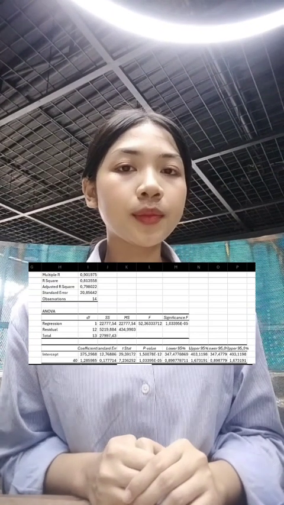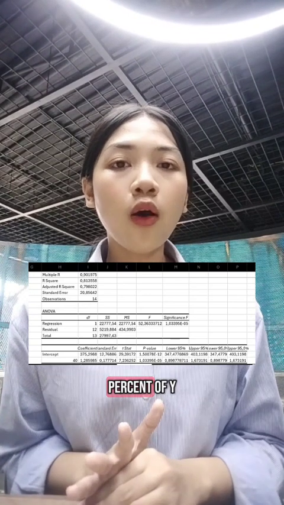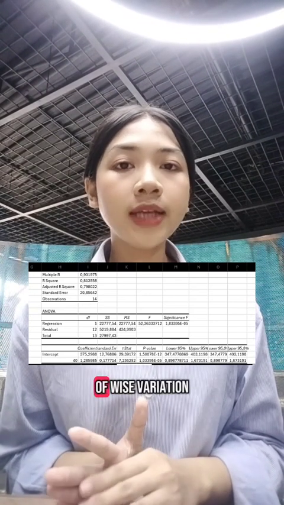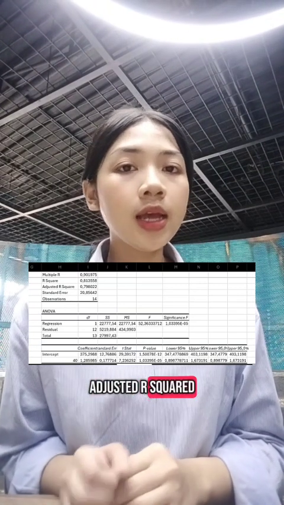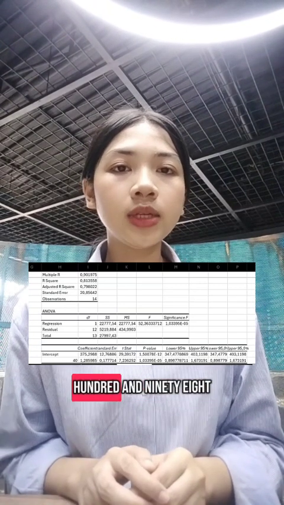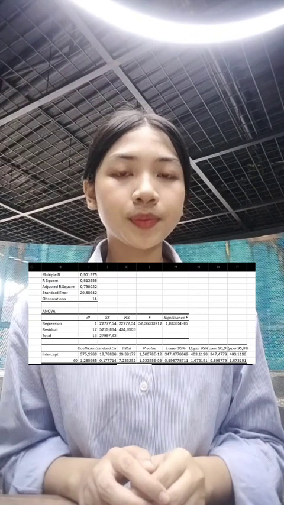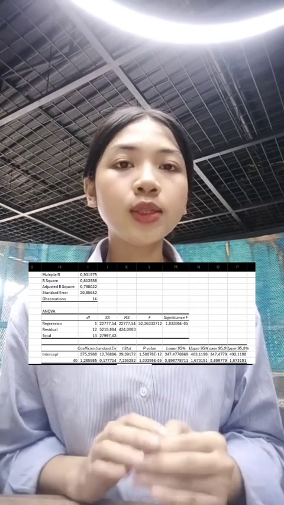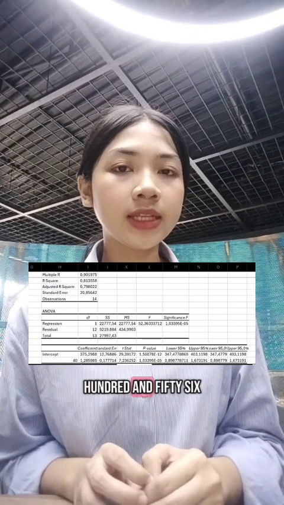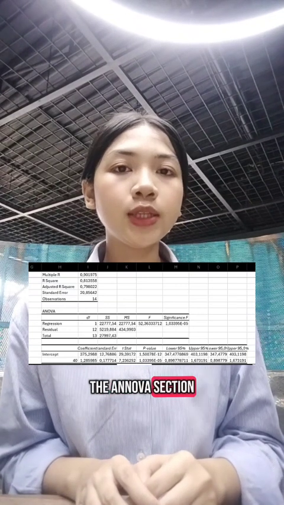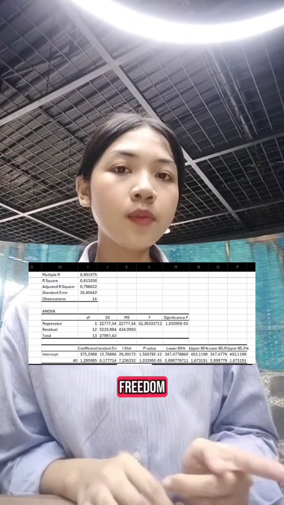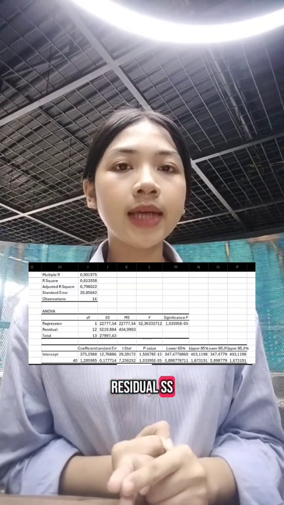R squared 0.819. About 81.86% of Y's variation is explained by X. Adjusted R squared 0.798. Standard error 20.856. Observations is 14. The ANOVA section shows regression degree of freedom, sum of squares or regression, residual SS, total SS,